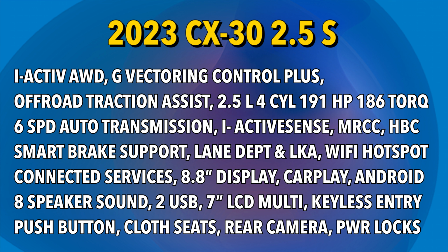The i-Activsense is standard, which includes Mazda radar cruise control with stop and go, smart brake support, high beam control, lane departure warning, and lane keep assist. Mazda Connected Services are included on this 7th gen infotainment system, which include, of course, the ability to control the vehicle from a remote location and a Wi-Fi hotspot. That infotainment is continued as an 8.8-inch center display with the latest Mazda Connect system, which includes Apple CarPlay, Android Auto, an 8-speaker sound system, dual USB inputs, a 7-inch LCD multi-information display, push-button start, remote keyless entry, black cloth seats are standard,